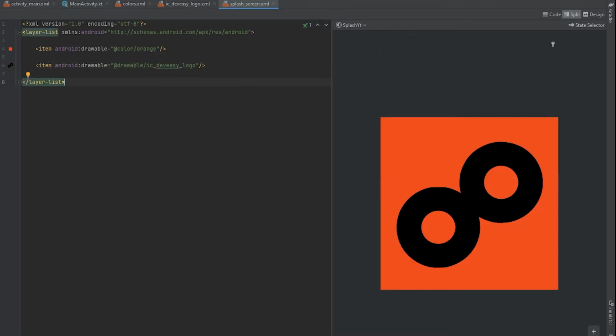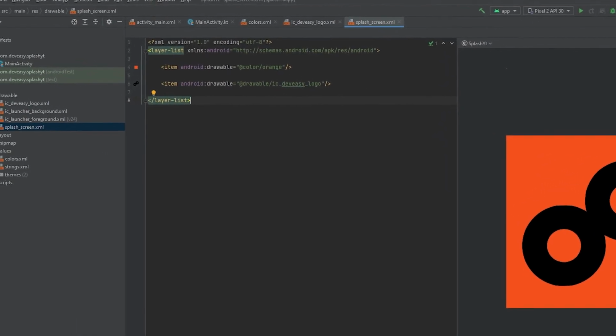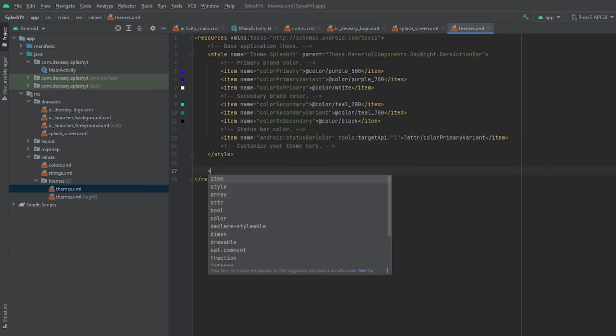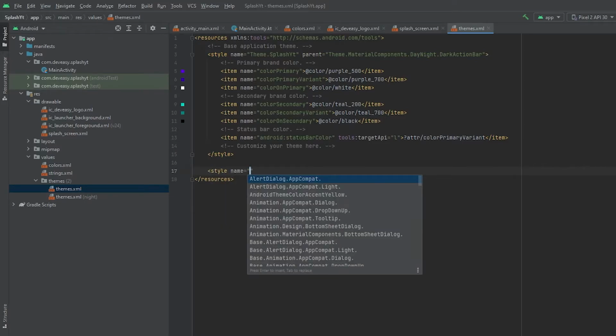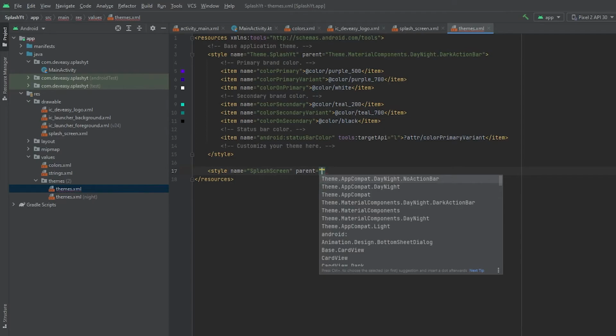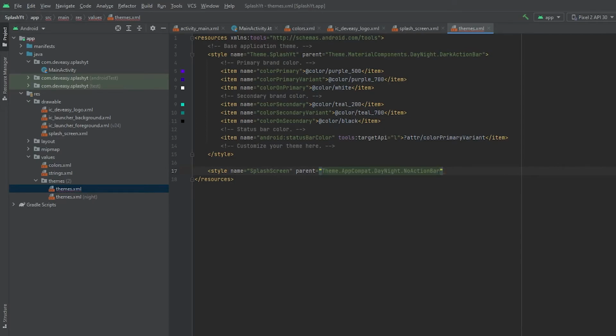Now we need to create our custom theme for our splash screen. I'll go to my themes and create a new style. I'll name it splash screen, and the parent will be Theme.MaterialComponents.DayNight.NoActionBar. I'll close this, and inside the style I need to add my logo.